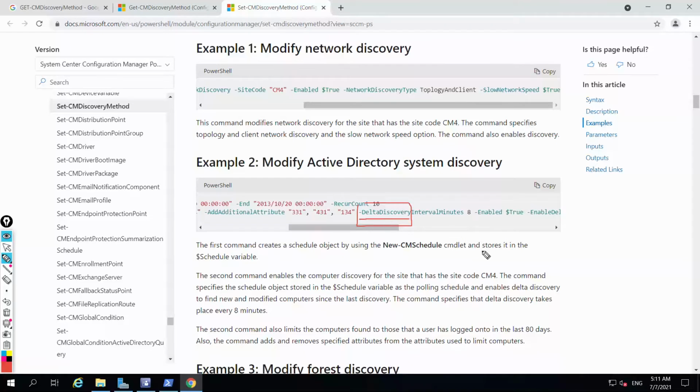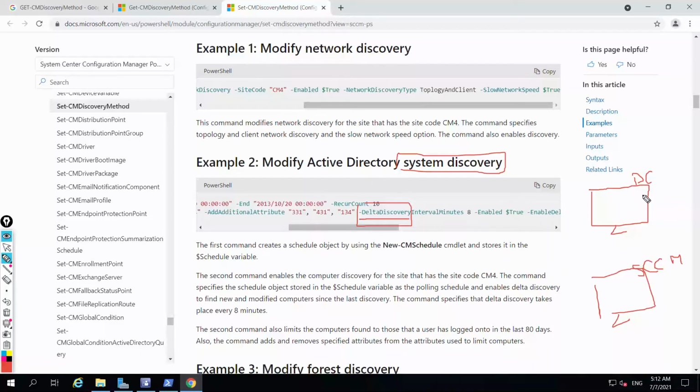Okay, so let me explain. For example, here I am in my Active Directory. This is my domain controller and this is my SCCM server. This is system discovery. We are talking about system discovery, right?